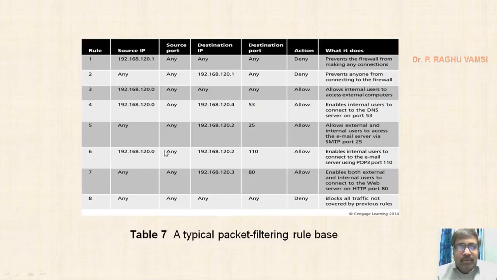This is a simple example, like a rule: source IP, port, destination port, action, and what it does: prevents the firewall from making any connection. Like that, what would be done by the firewall if it wants to allow the internal users to access the external computers? So this is the rule to be set. And if anyone wants to access the DNS service, how to set it? If anyone wants to access the SMTP service, what to do? So this is the way you are supposed to set the